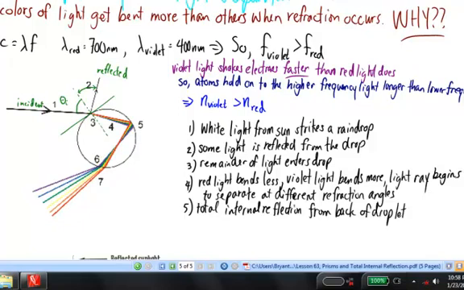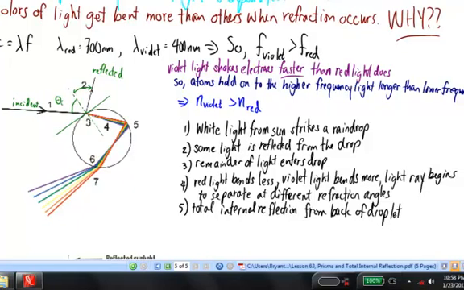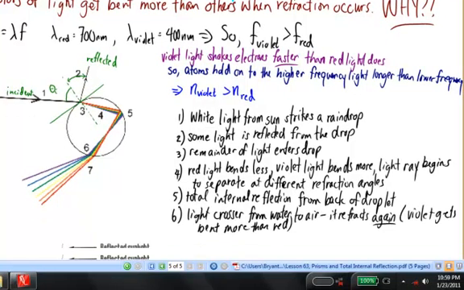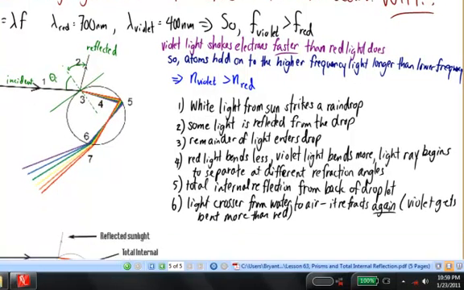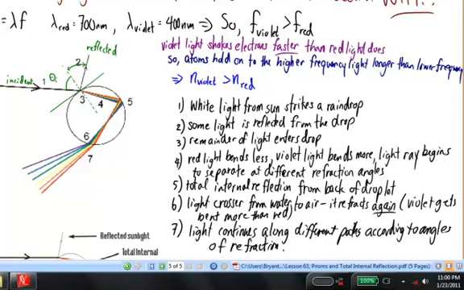Now we come to number 6. As the light reaches the other side of the droplet, it crosses the boundary from water back into air, and it refracts again. Finally, in step number 7, the light disperses even more as it travels away from the droplet. The original pencil of white light is now spread out, with different colors traveling in slightly different directions out